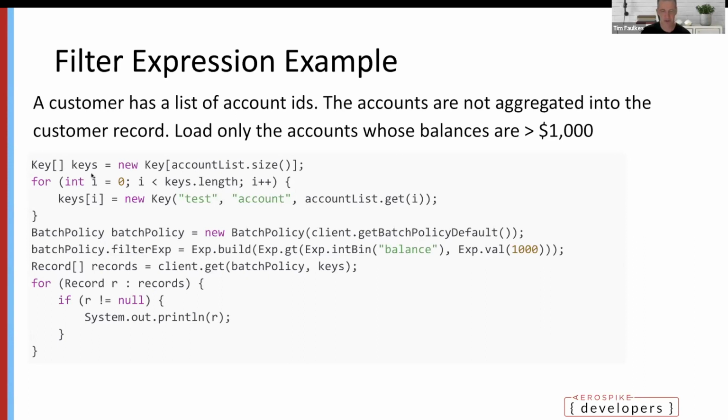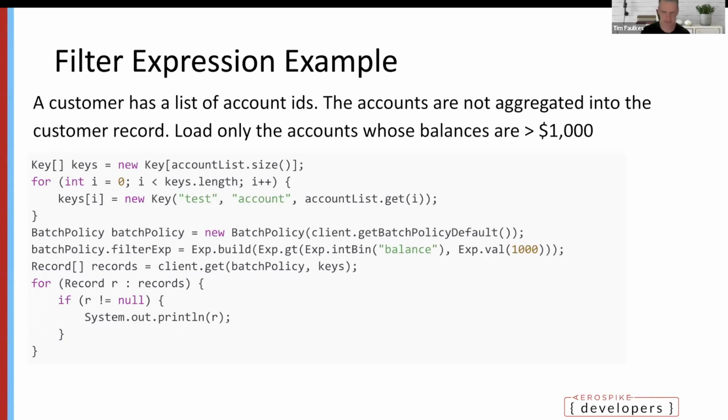So the first thing I'm going to do is take the account list associated with my customer, iterate through, and create a list of all those accounts. I don't know which of those have account balances greater than $1,000, but they're the only ones I care about. I don't necessarily want to bring all the accounts back to the client, because maybe out of 100 accounts, only 5 of them have account balances greater than 1,000. I'd do a lot of work I don't need to, retrieving that information over the network